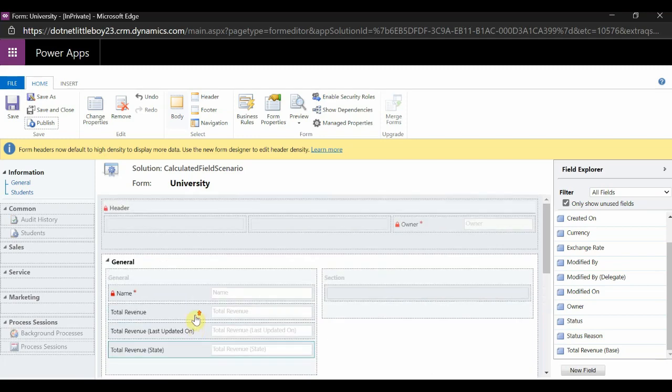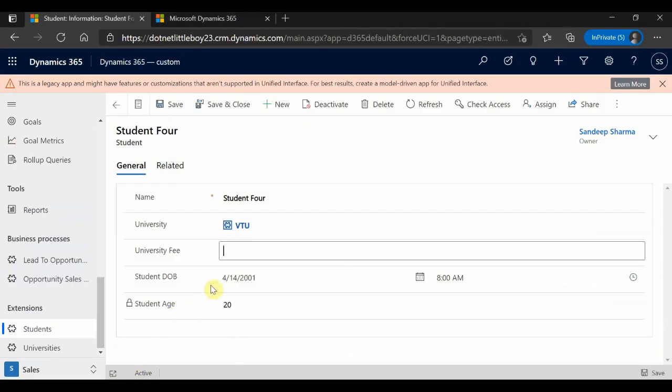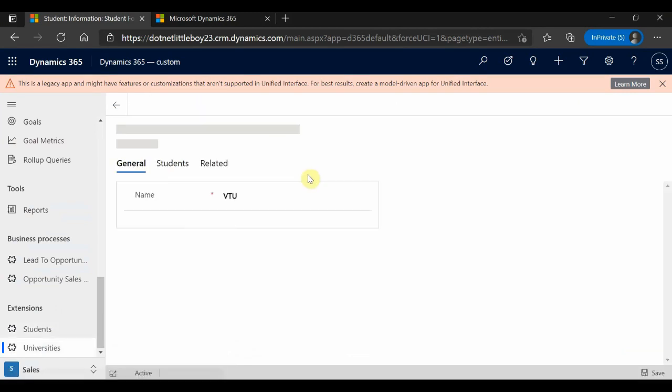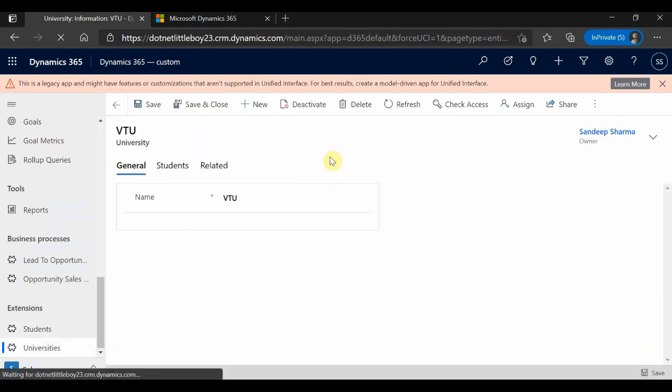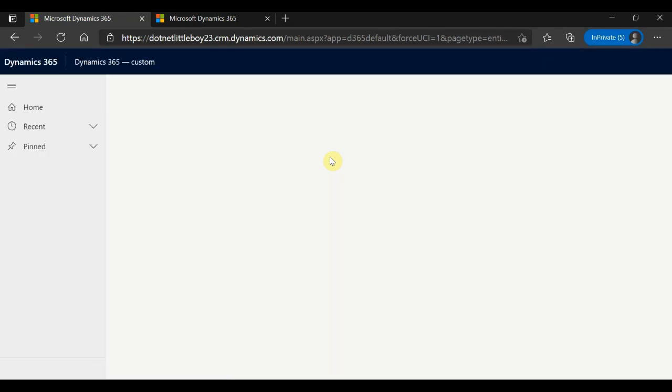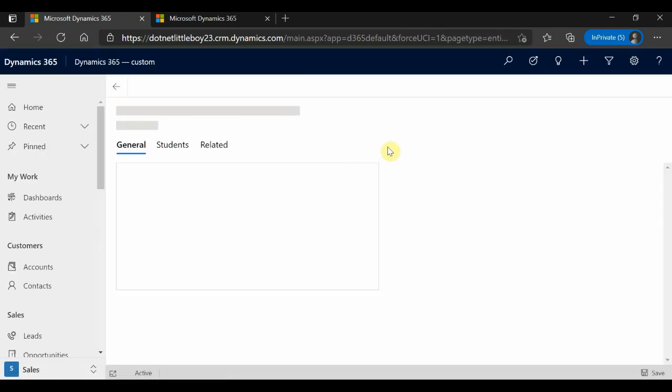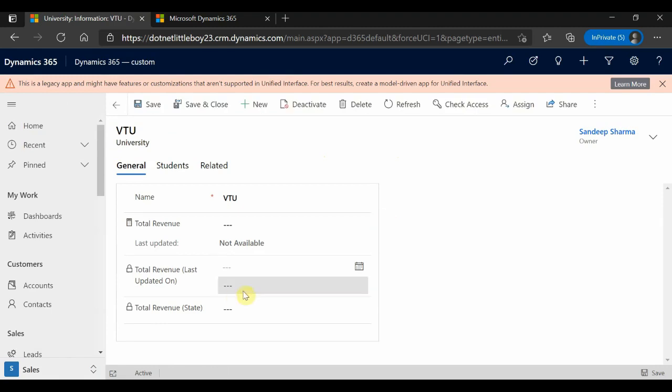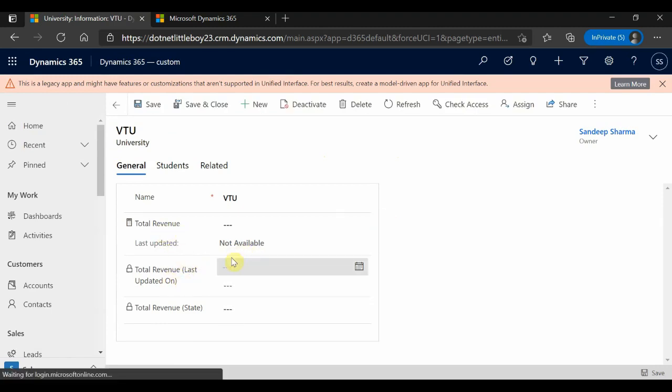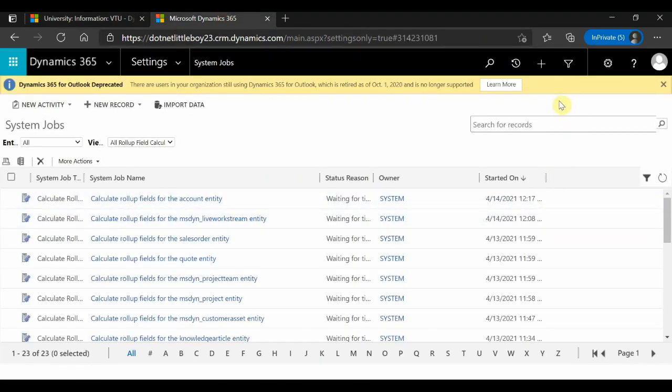Okay, so now we have added these three fields on the form. So this field will be present on the form now. I'll go to the form and refresh this. Okay, so you can see the field is present, but you don't have data here, which indicates our job has not yet run. And to find the job, you can go to your advanced settings,